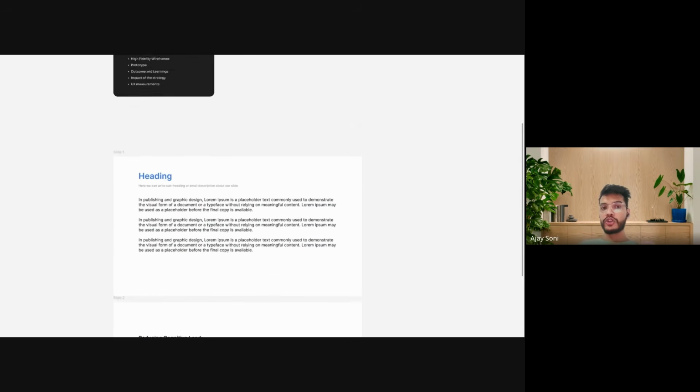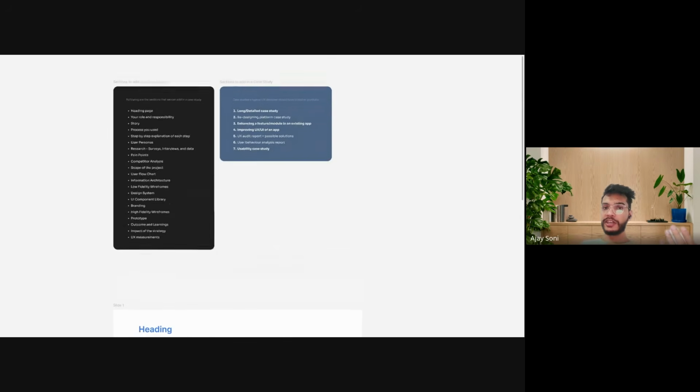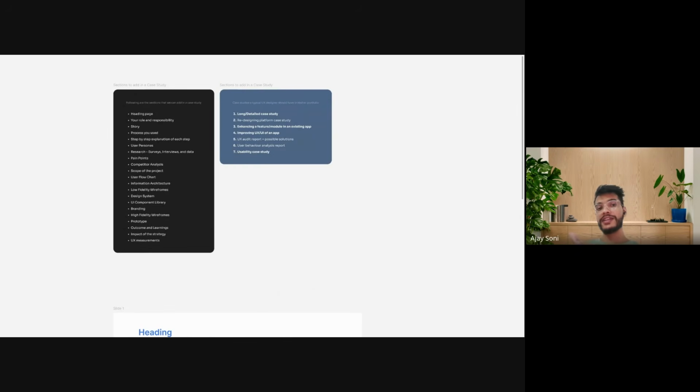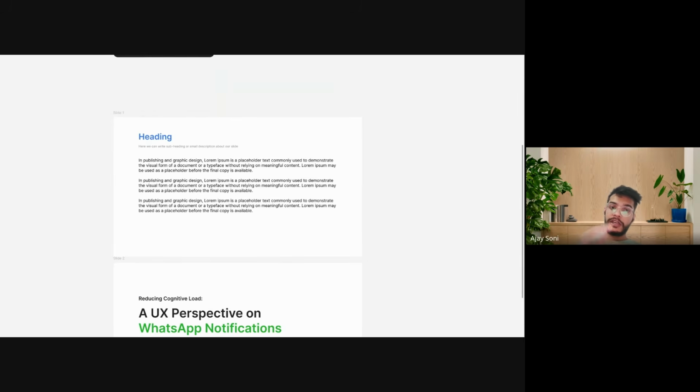Keep it handy in your Figma files so that you don't have to wait. And try to populate your design case study every single day. And the way we are making progress, every day you have to update your design case study, because otherwise you will lag behind.